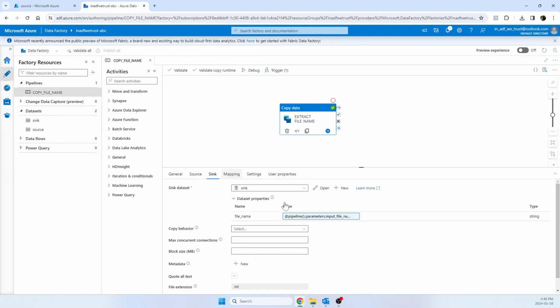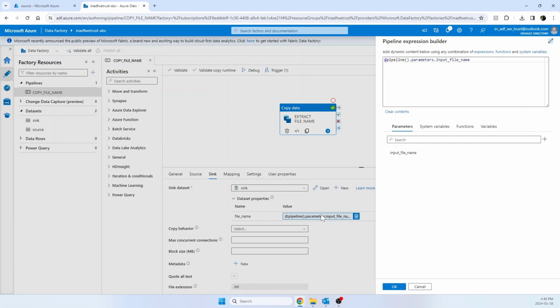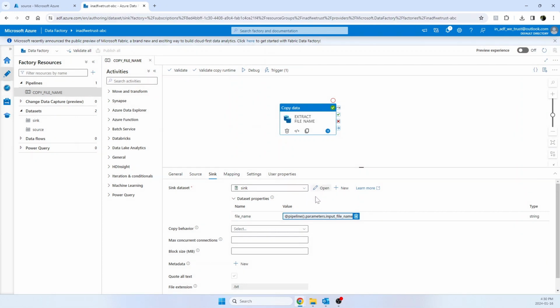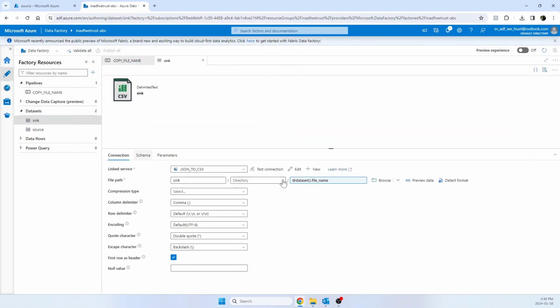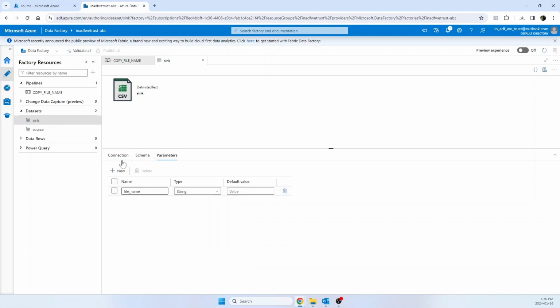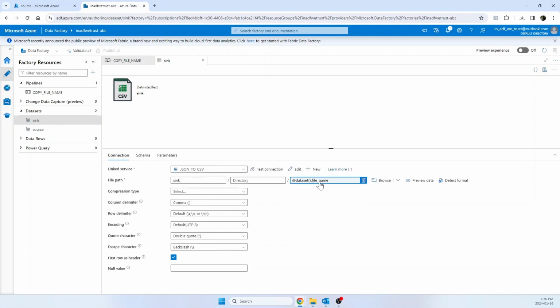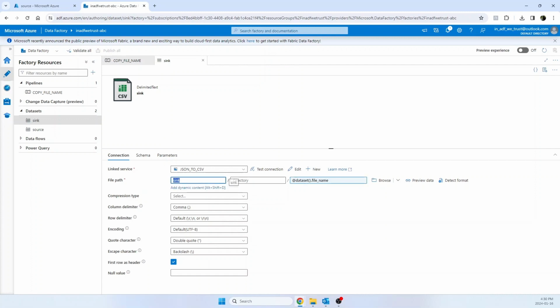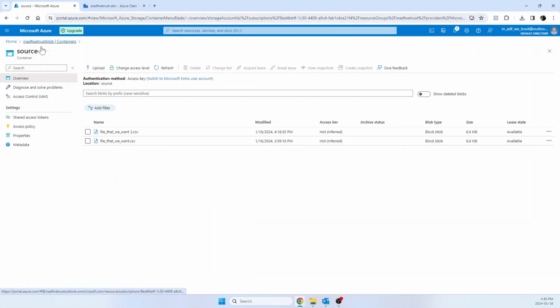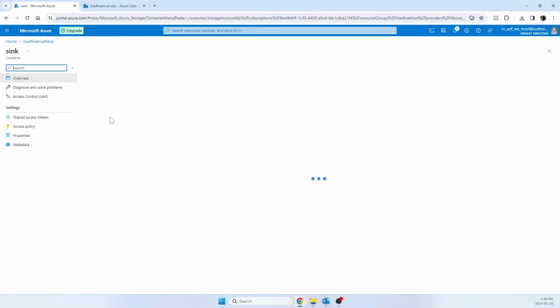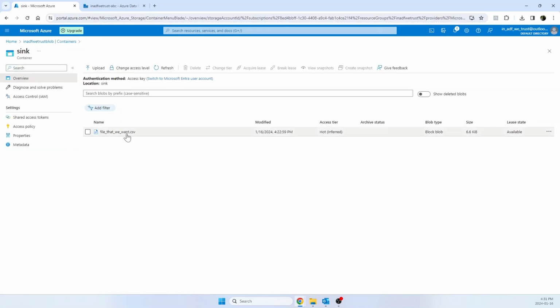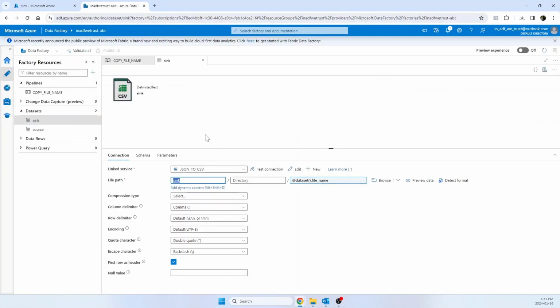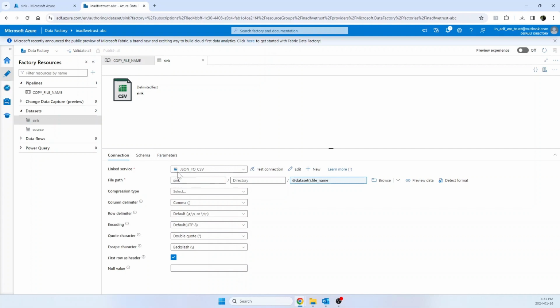So this is for the source. For the sync, we want the same, right? Because we want to take the file name from the source and put it with the same name in the sync. So let's open the sync dataset, and what we configure is the same connection. The parameters, again, the same file name, dataset file name here. The difference is that this will be our sync container. We can already see that we moved this successfully before, and